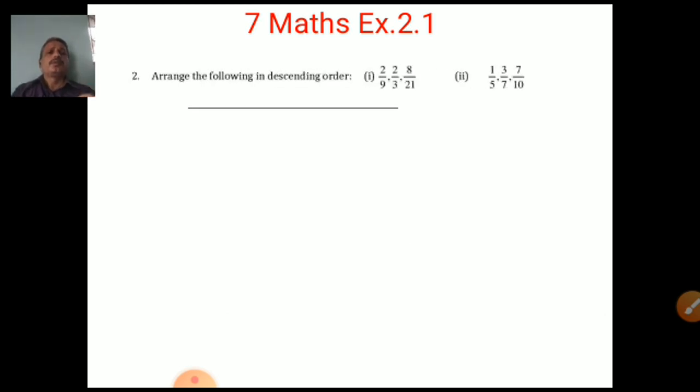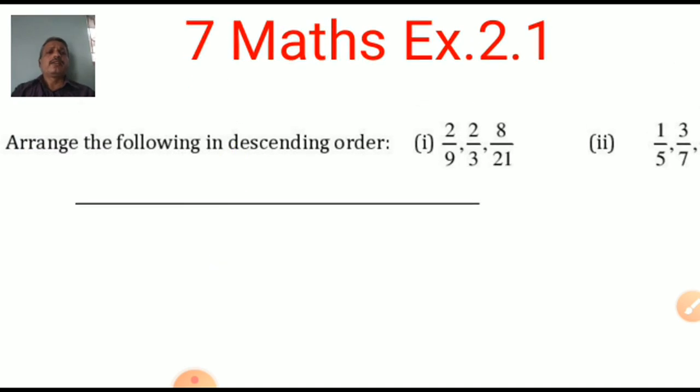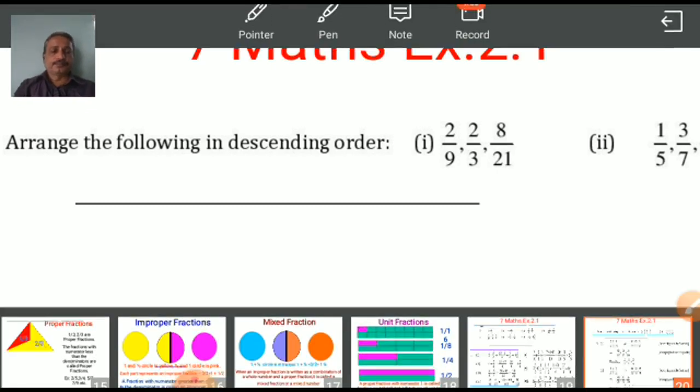Question number 2 is here: ascending and descending order. Yes, ascending order means the smaller number will come first and then the bigger ones. Descending order, the biggest number comes first and then the others. So 2 examples are given. In integers we can arrange very clearly, but for fractions with unequal denominators, student, make them like fractions, and only after that can you arrange them. Understood? Good. Let's check the answer.